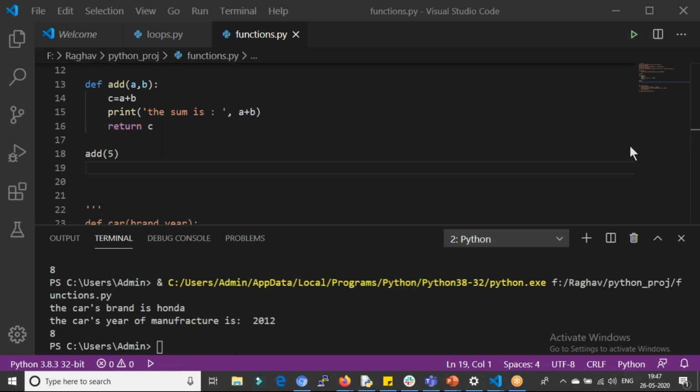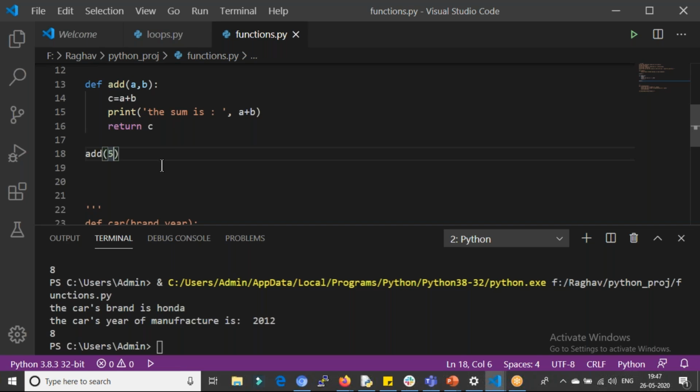Because I'm giving only one value, right? It will be like, hey, you only gave me the value of A. I don't know what the value of B is. So what should I do with B?